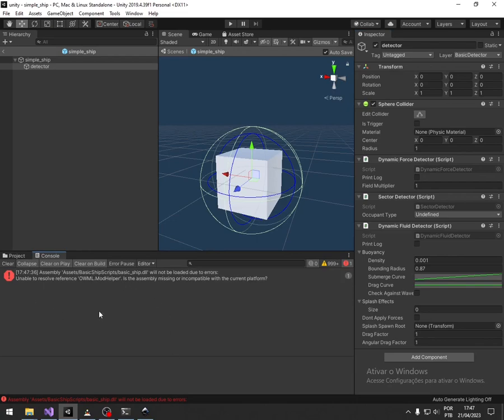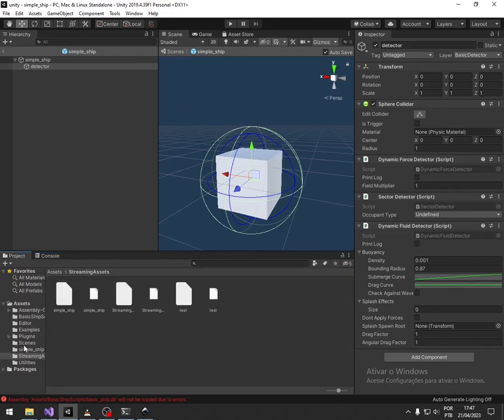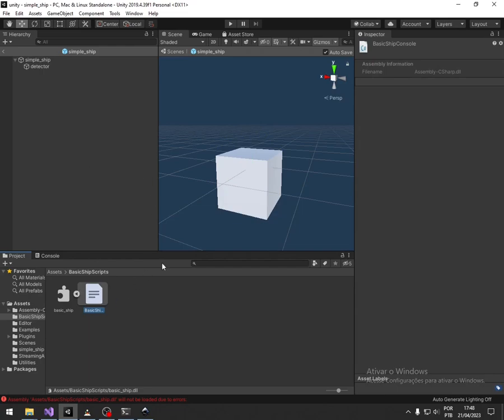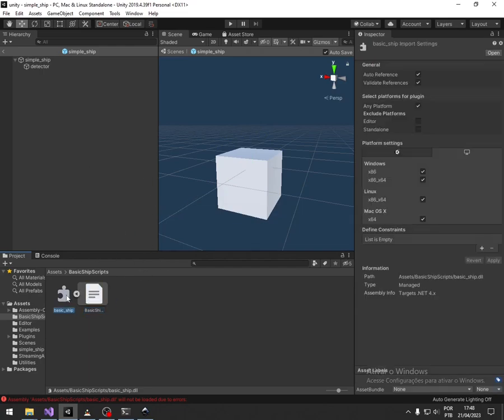And basically, it is trying to load our mod DLL, but we don't have the game here. We only have empty scripts and whatsoever. So basically, we need to go to our folder here. If you open it, we can even see our script here, but we can't actually use it. So what we need to do is select the basic ship jigsaw puzzle, go here, and disable auto reference and